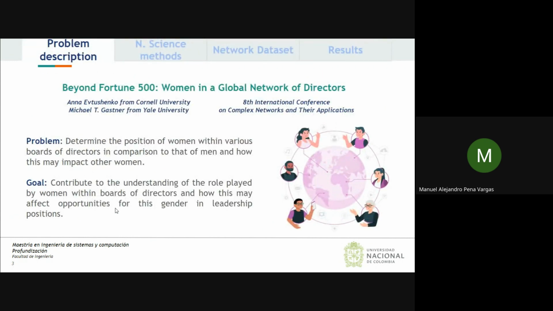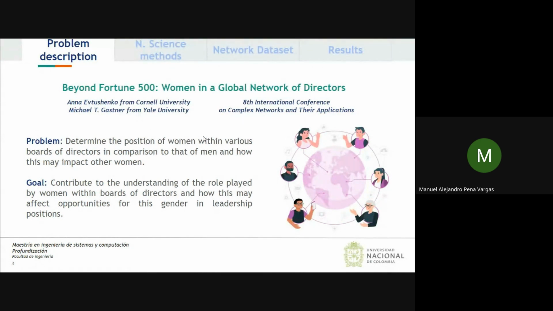The article is titled Beyond Fortune 500, Women in a Global Network of Directors. It is presented by two authors, Anna Stubesco and Michael Gassner from Cornell University and Yale University. We found this data set and an article on cenoro.org, a web page for network science. This was presented at the 8th International Conference of Complex Networks, and the idea was to determine the position of women in various boards of directors, because they identified that even though positions are occupied by women at 9 to 13% of all positions in corporate boards,